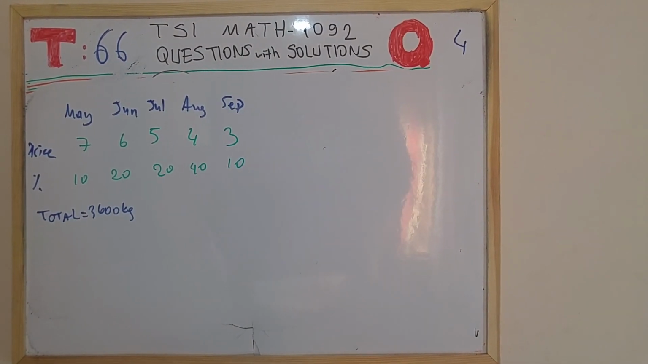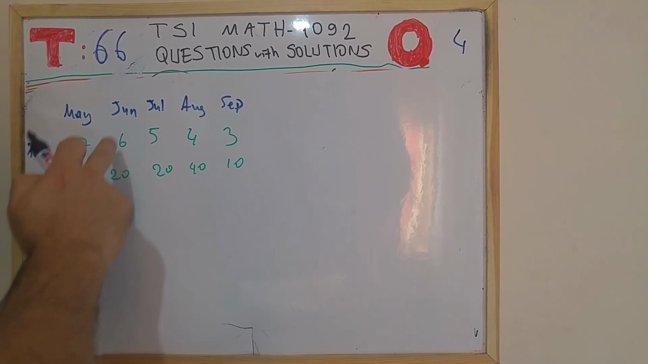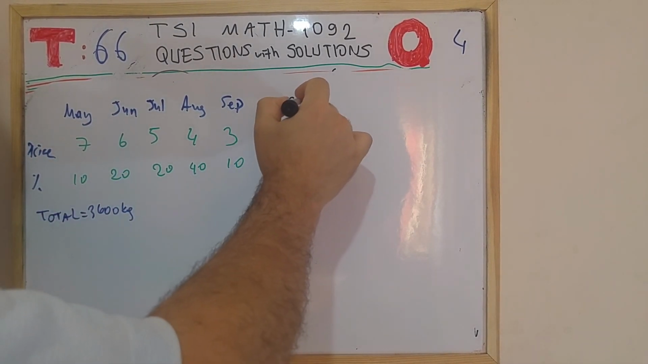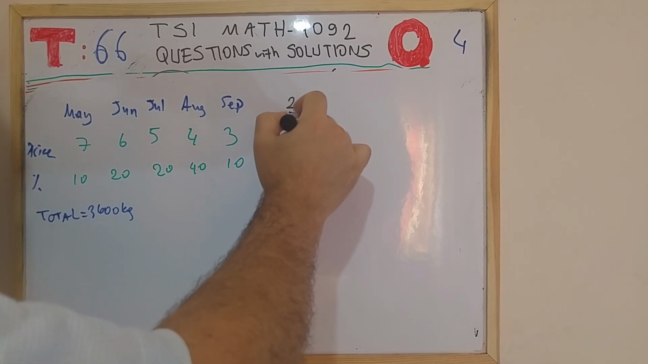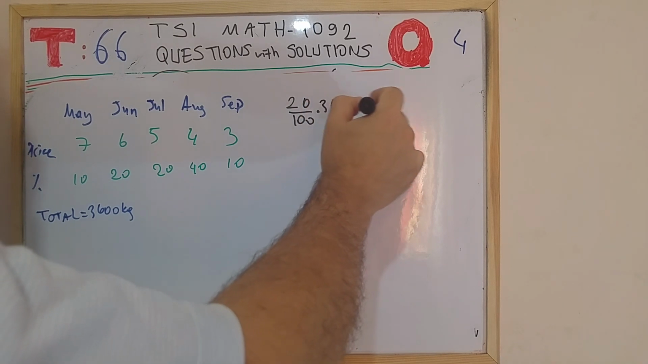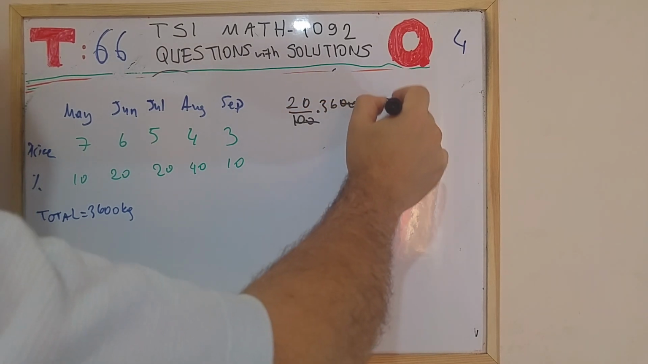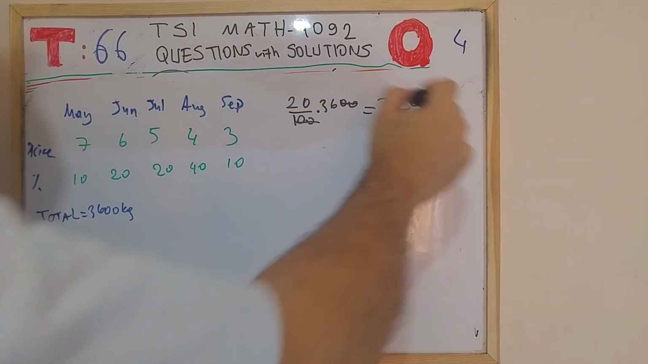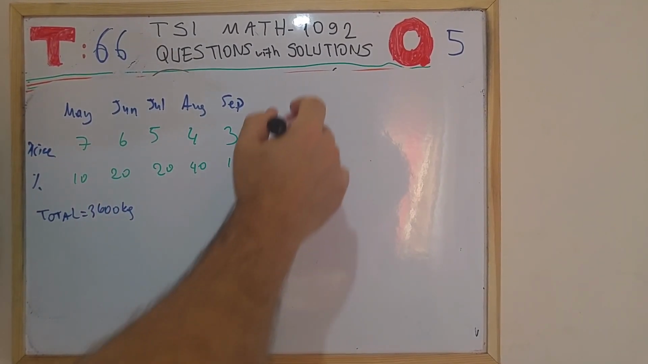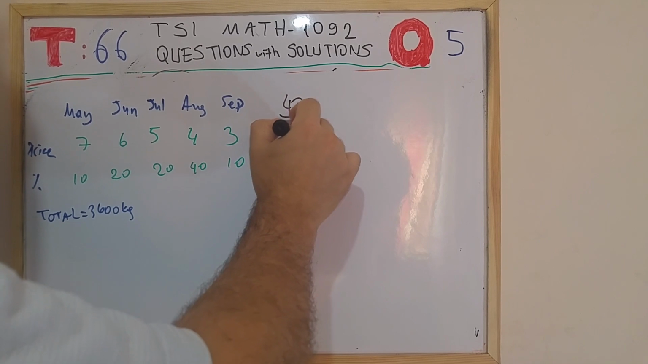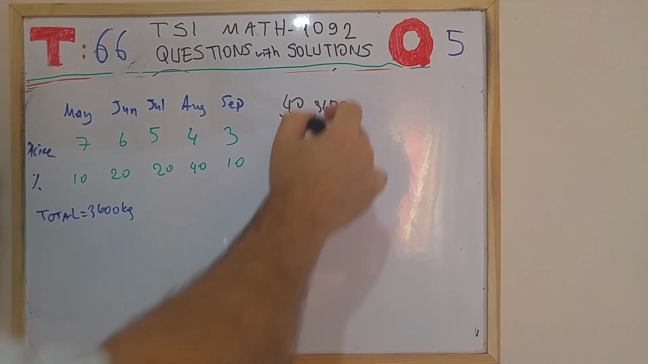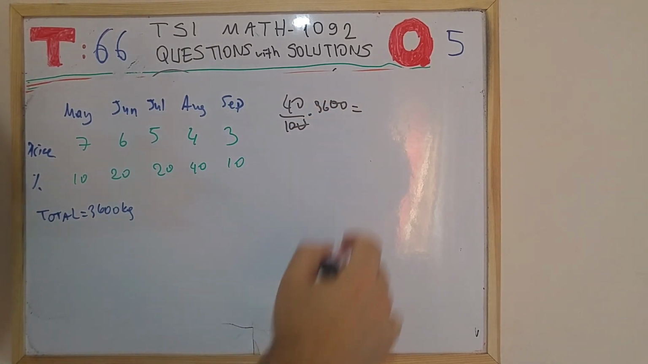3,600 kilograms has been sold, and in July, as you see here, 20% of this has been sold. So what is sold is 20% of this 3,600, and this is equal to 750 kilograms. Sold 40% of 3,600 kilograms in August, and this is actually equal to